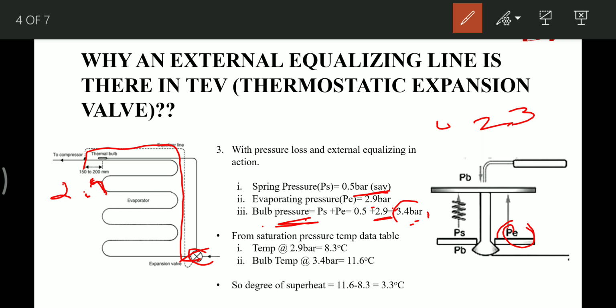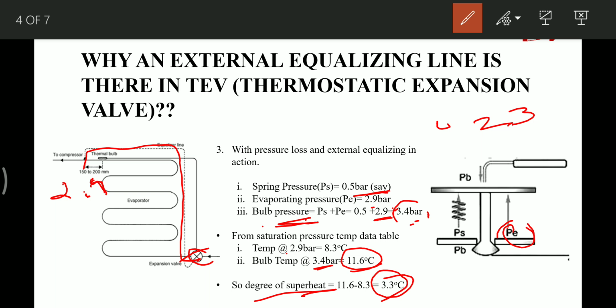So from the saturation pressure temperature data sheet, we can see the temperature at 2.9 bar is 8.3 degrees Celsius, and the bulb temperature at 3.4 bar is 11.6 degrees Celsius. So the degree of superheat is again 3.3 degrees Celsius. So even with loss in evaporating pressure, by using an externally equalizing line, we can have a constant degree of superheat. So this is the reason why we need